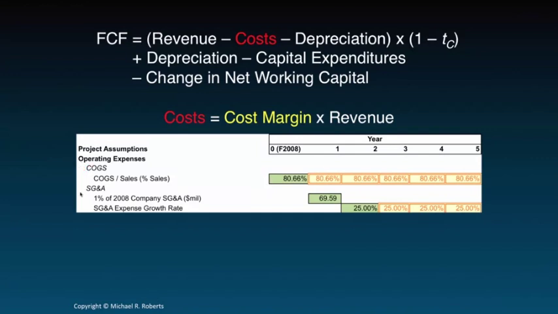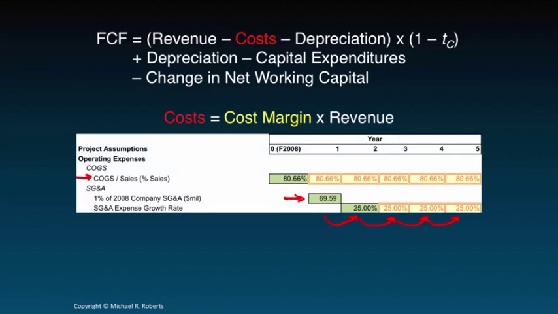Okay. My SG&A, sales, general, and administrative expenses, are going to run at about 1% of my current SG&A, or $69.59 million. I'm just making that number up, bear with me. Okay. So it's going to be $69.59 million in the first year, and I'm going to assume that's actually going to grow by 25% per year, because hopefully as sales and the size of this market grows, I'm going to have more overhead to keep up with that growth. Whereas I'm tying COGS, which is loosely viewed as a variable cost, I'm tying that forecast to